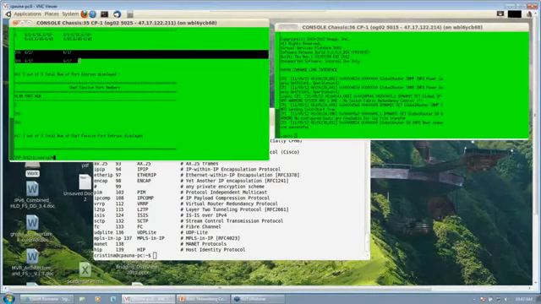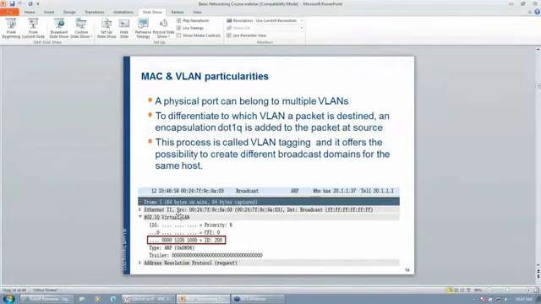When packets will be sent or received through this port, 6/17, the VLAN tagging header, which is shown here, will be added to the packet, and then the rest of the data will be put on.